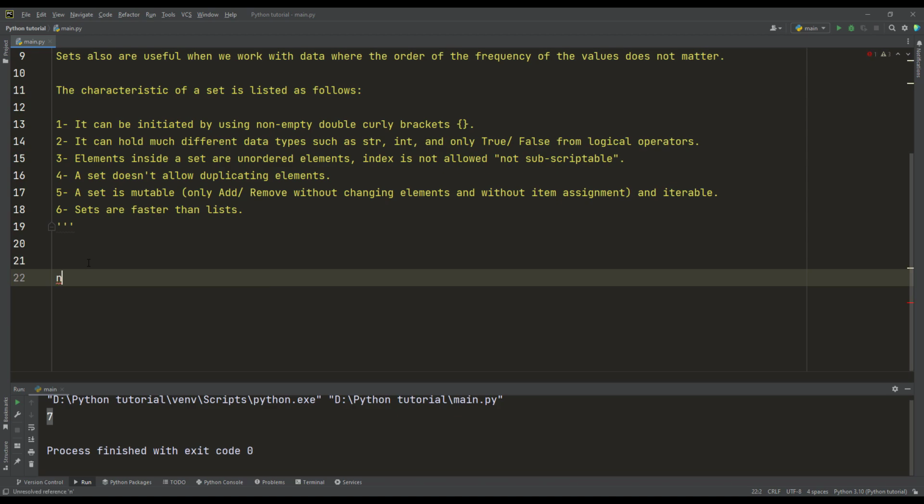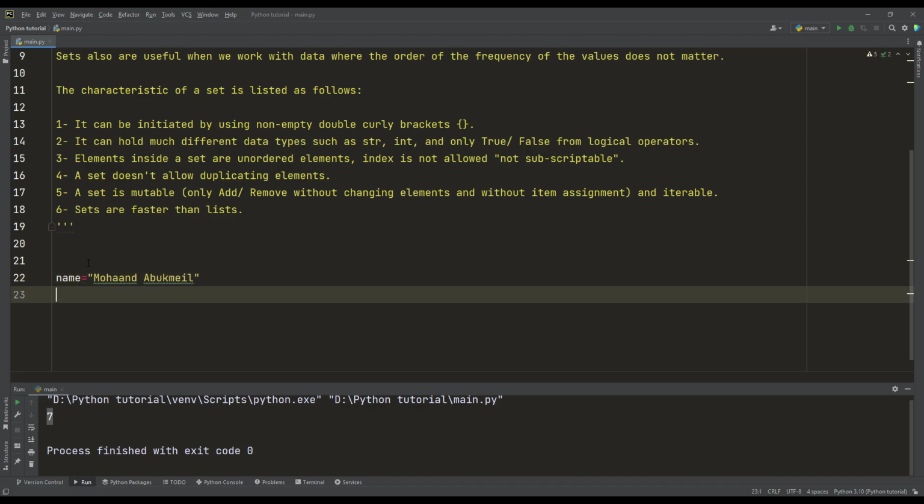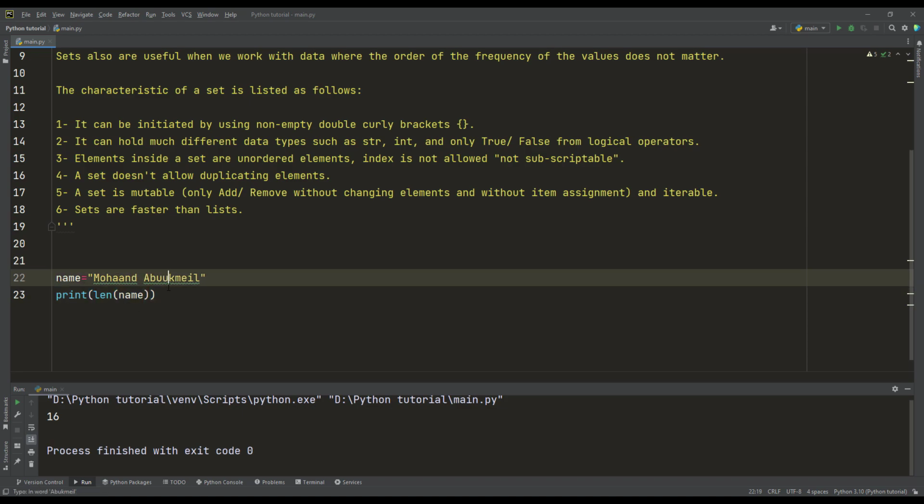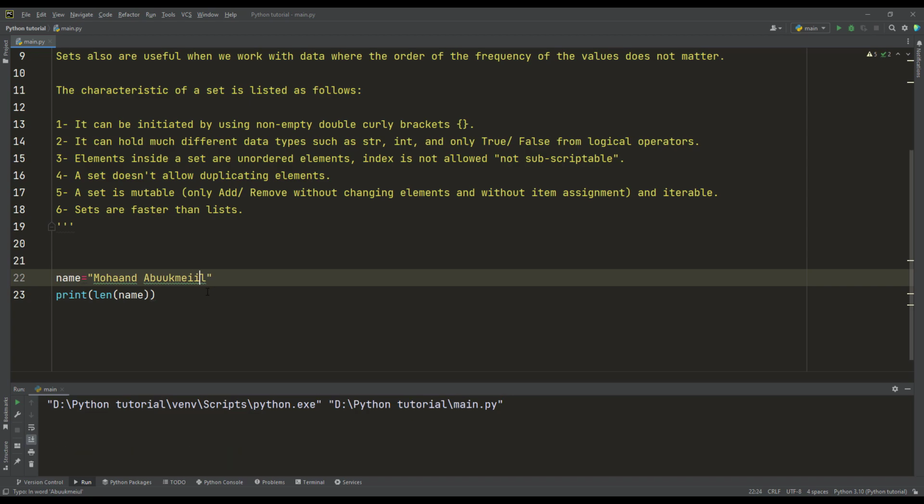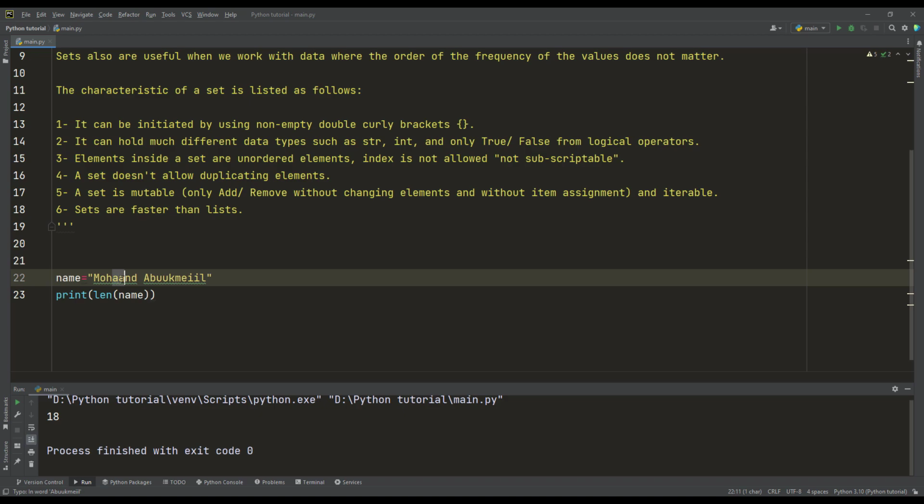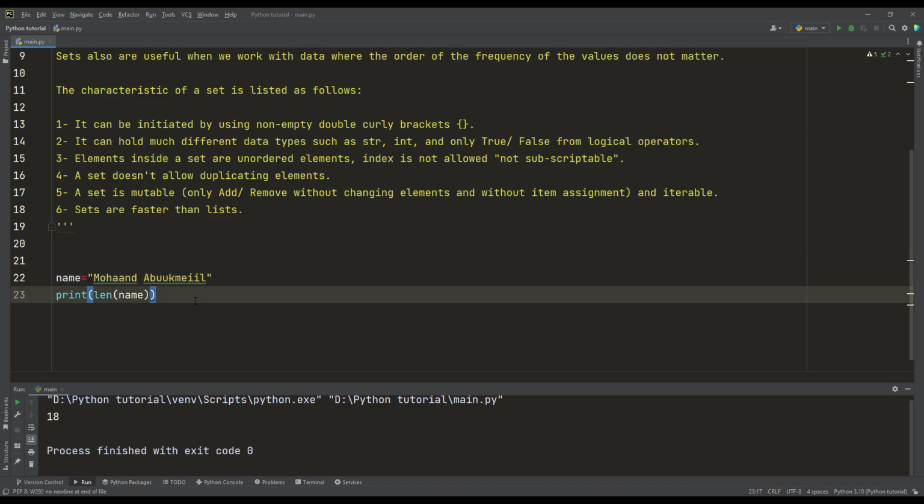For example, I can say my name is Mohammed. Let's convert this string to a set. First of all, let's print the length of my name, and the length will be 16 characters. I want to add "I like this". I intentionally added this "AAU" because when I convert this into a set, it will